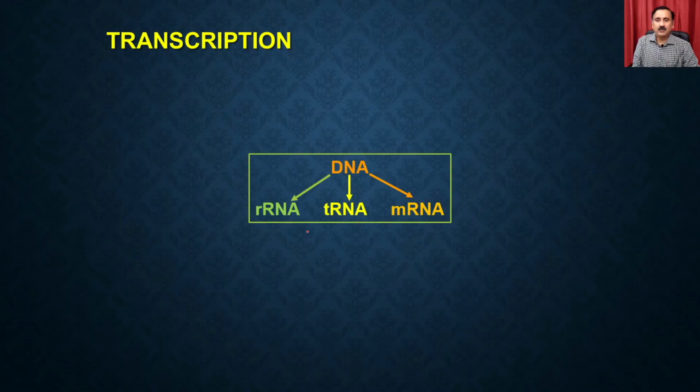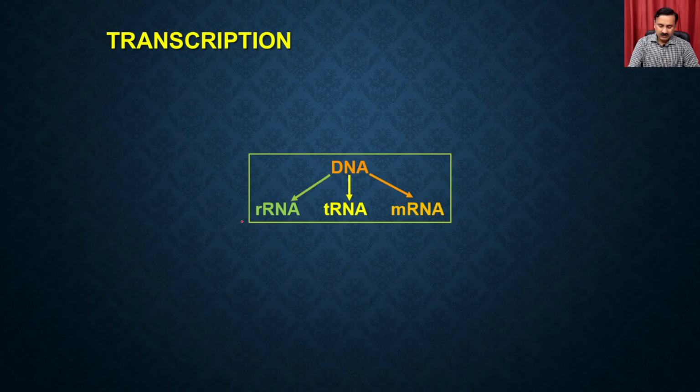And apart from that, termination in eukaryotic transcription is also more complicated than termination in the prokaryotic system. So we have discussed transcription in the eukaryotes, and we have also discussed transcription in the prokaryotes. Now once the transcription is done, it forms different types of RNA